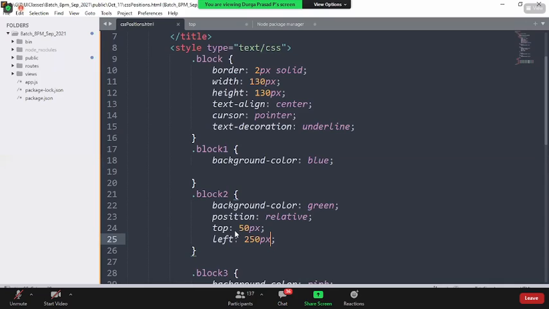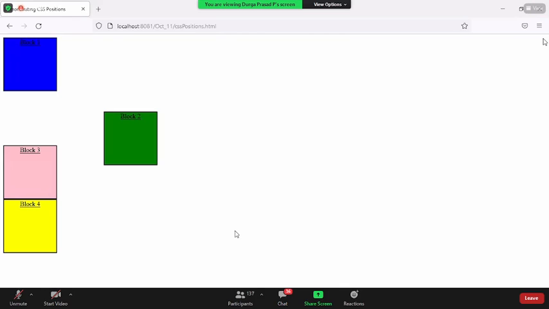Now, when I say something called left of, what is the value we have given? Left of 250 pixel, top of 50 pixel. Now, if I ask a question, from where is top of 50 pixel? Is it from the top of the page? No. Is it from the top of this blue guy, pink guy? No. I'm taking this space. This space I already have. From this space, top is 50 pixel, implies here.